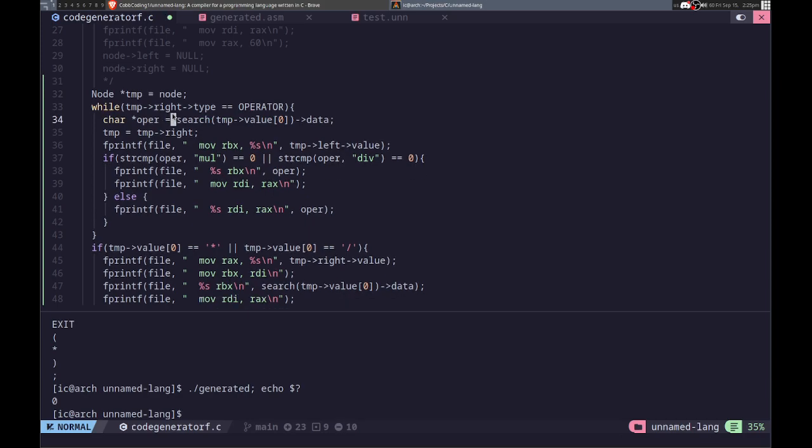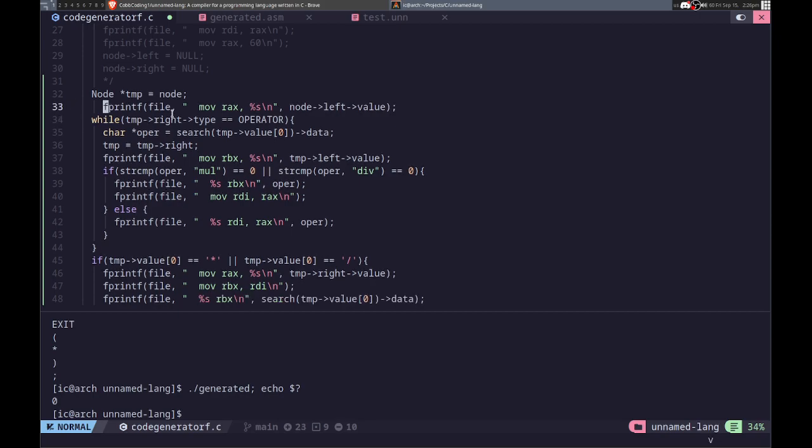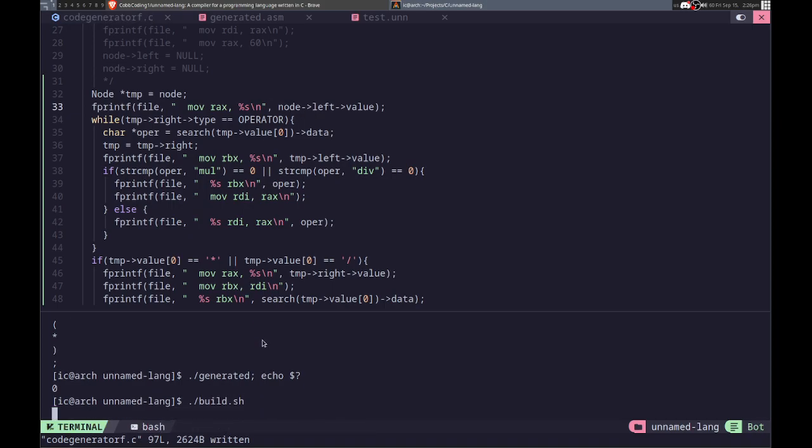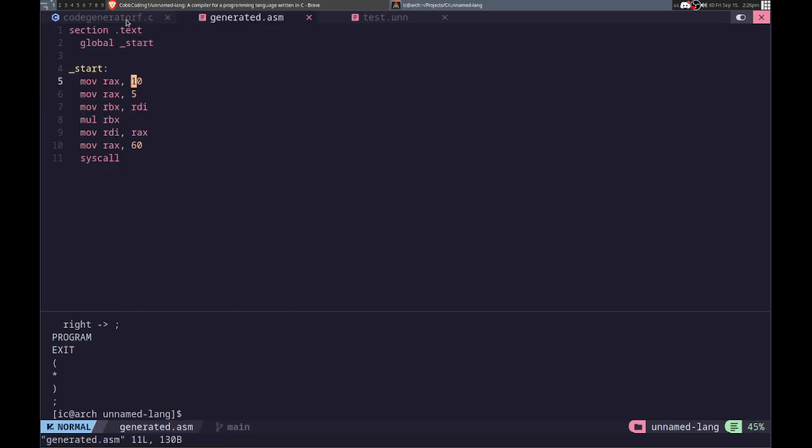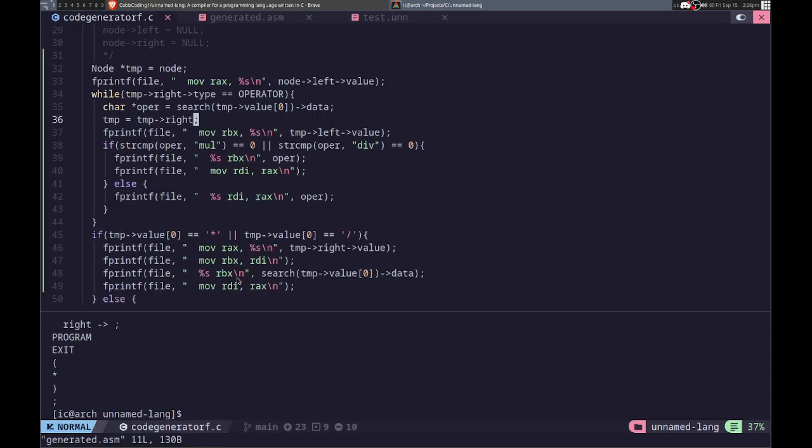So let's move this back out here. Left value. Okay. Let's generate this again. So we're moving that, and then we skip right to here. So we need